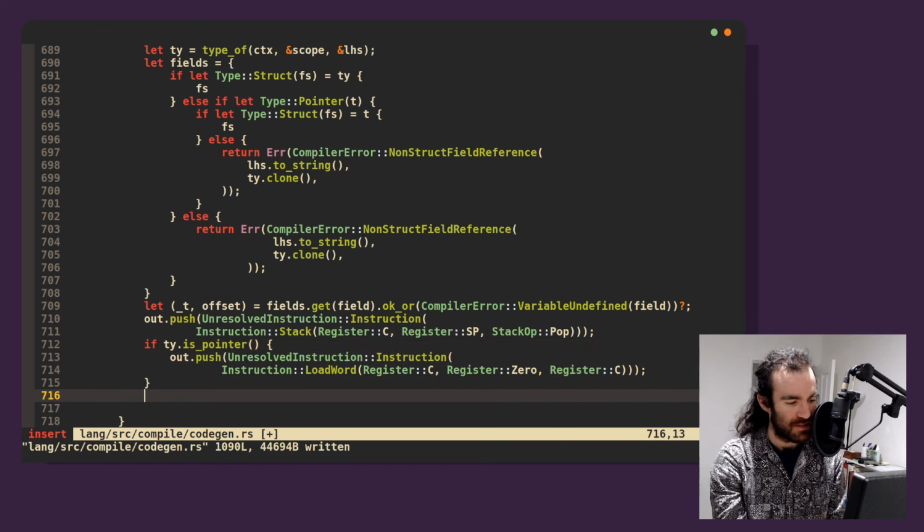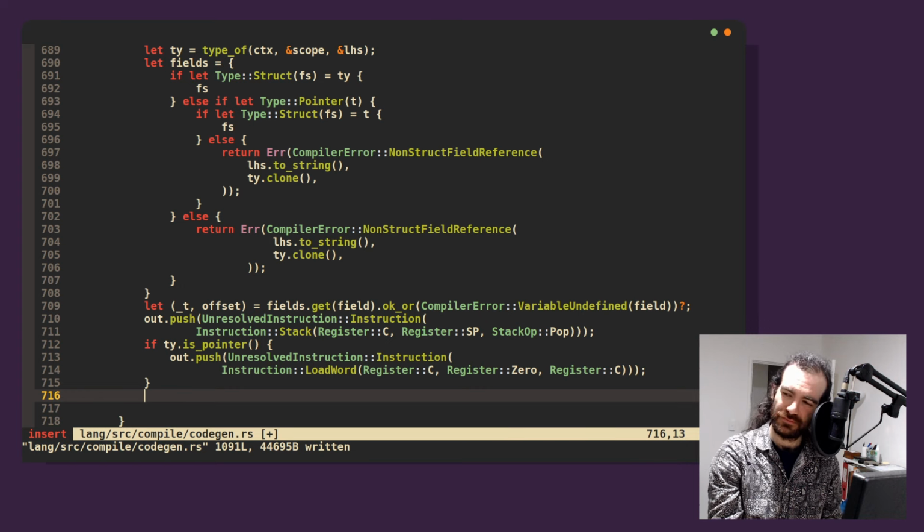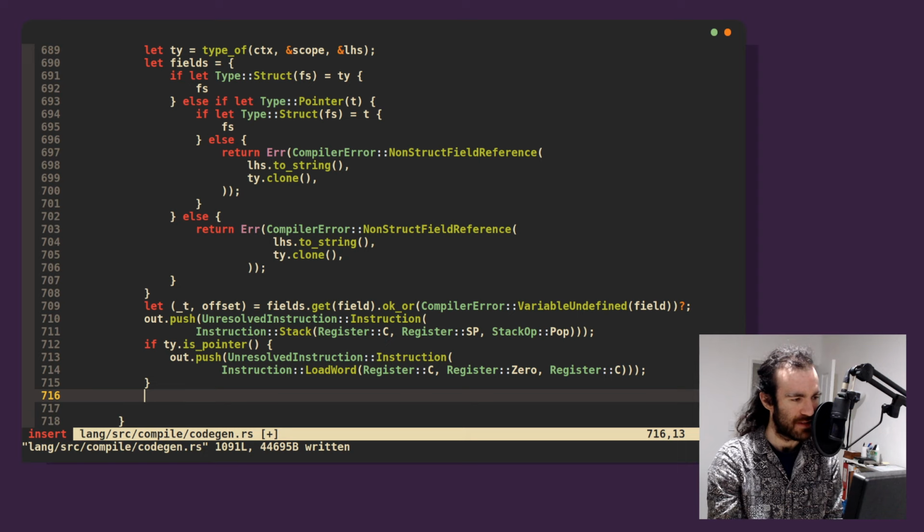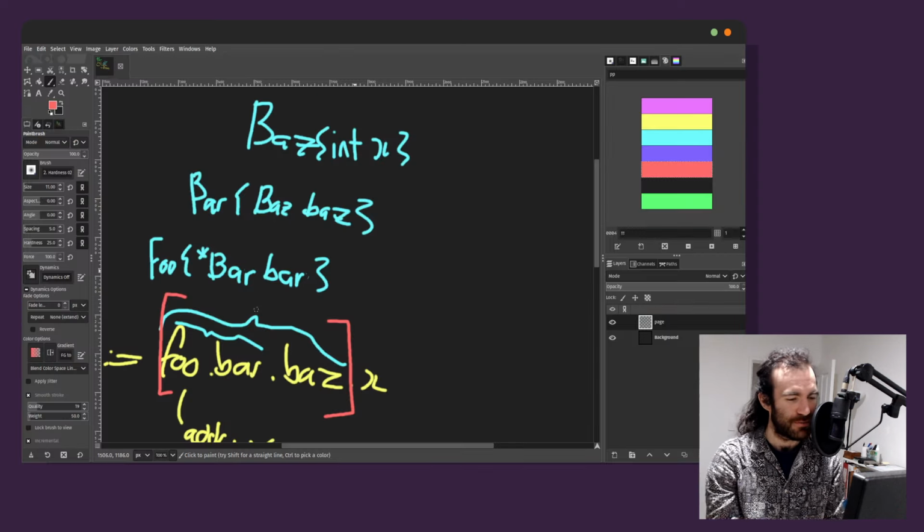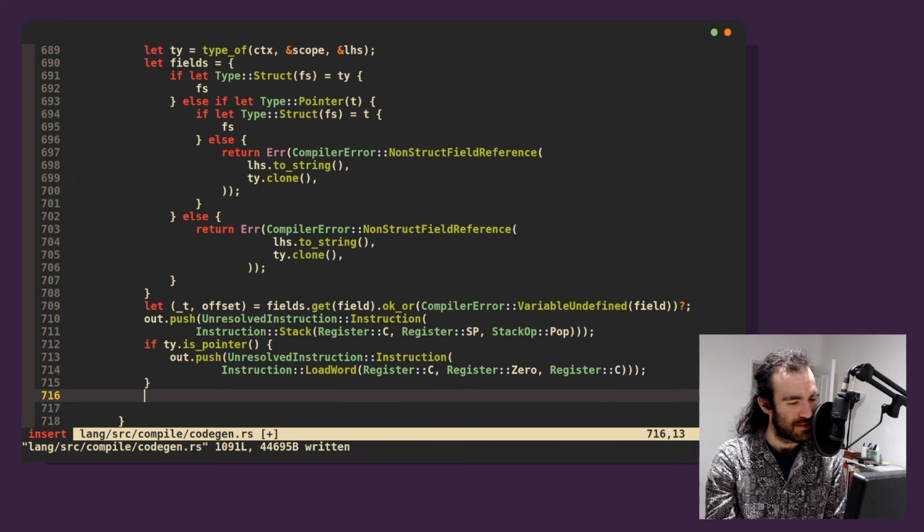Okay, and then we just add at offset. And then that offset is, yeah, so I guess we add the offset and we dereference, but this doesn't work recursively now because,